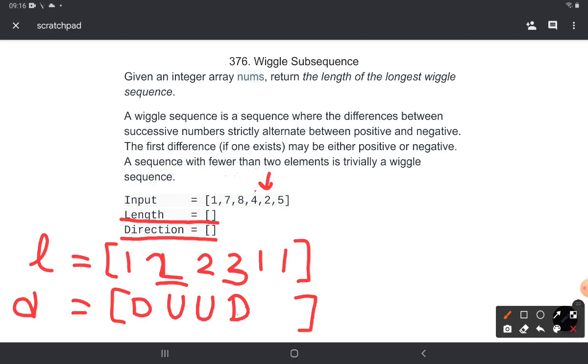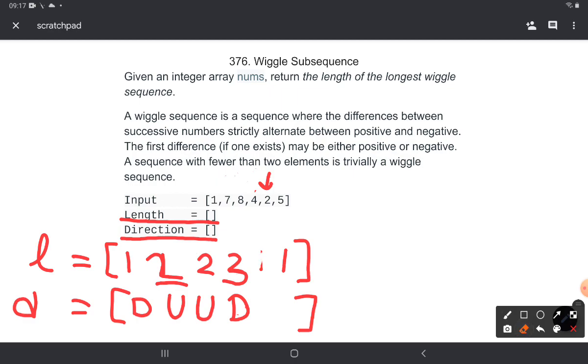And similarly when I come to 4, the wiggle subsequence at 4 is of length 3, and now from 4 if I come to 2, it is going downwards, but 4 is also in the downwards direction, so that would not constitute a wiggle subsequence. So what I get, in the best case, is a wiggle subsequence of length 3.